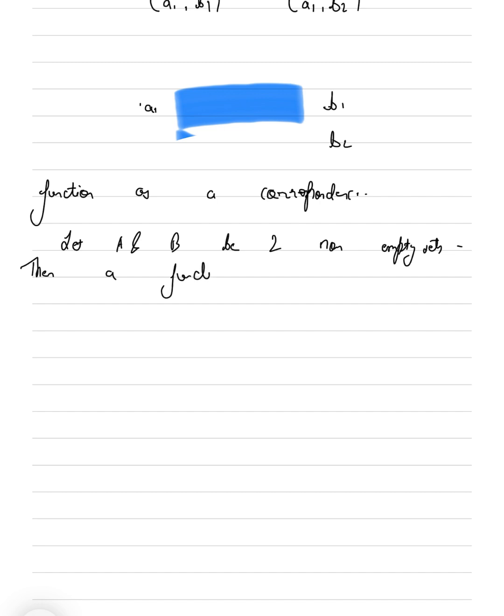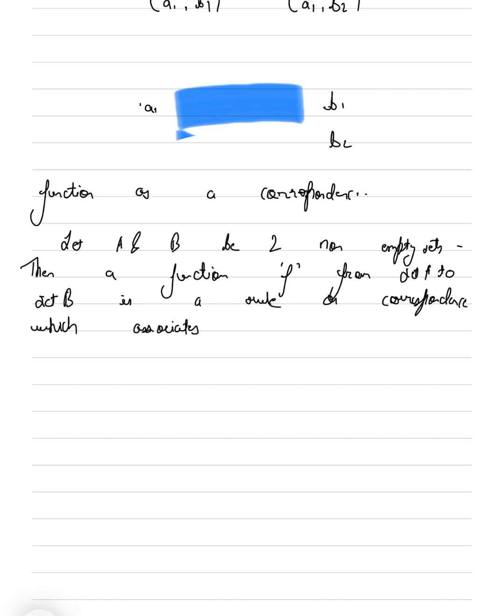Then a function f from set A to set B is a rule or correspondence which associates elements of set A to elements of set B such that,